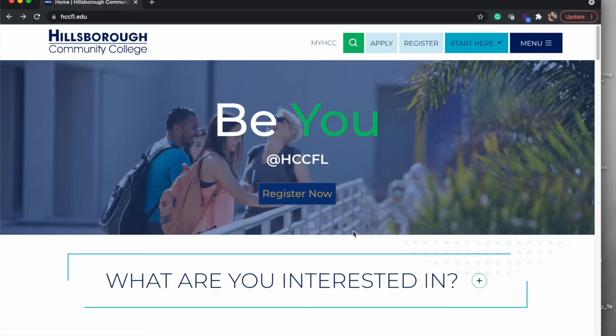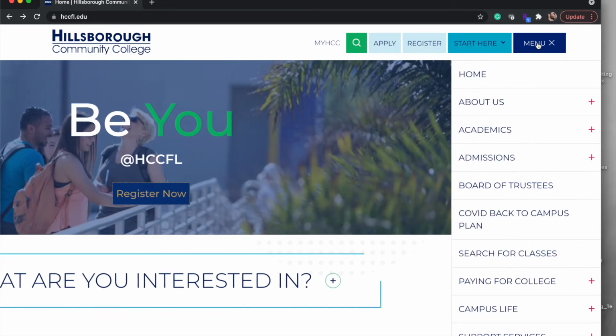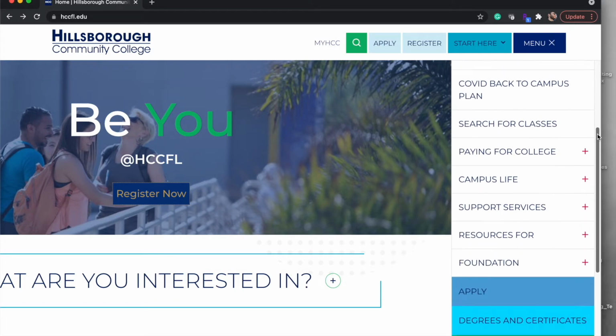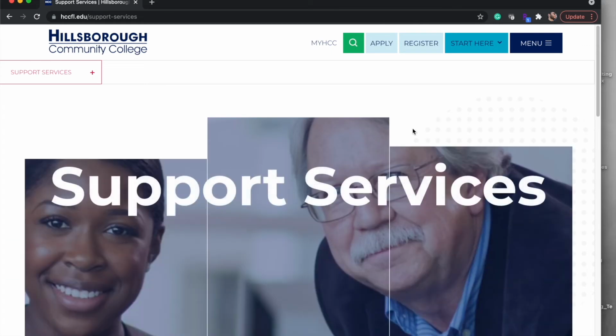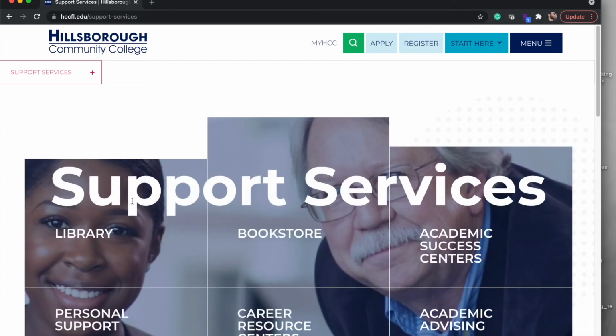Let's get to it. So, the first way that you can access the library database is to come over to Menu. On the scroll down menu, go to Support Services, click the option, click on Library,